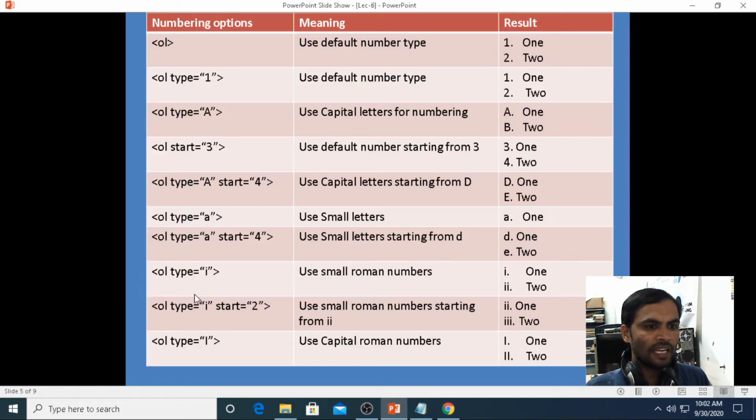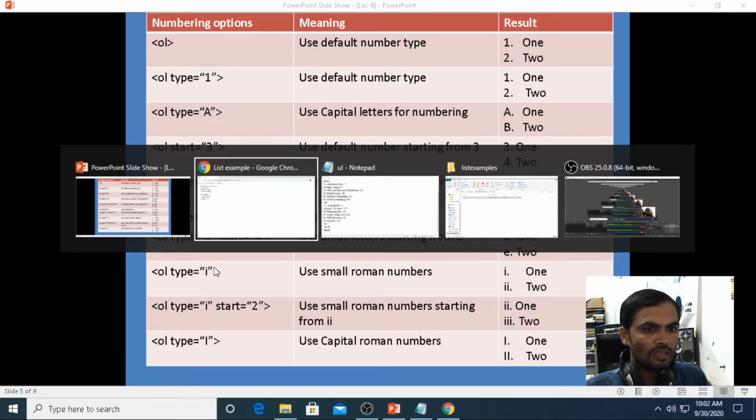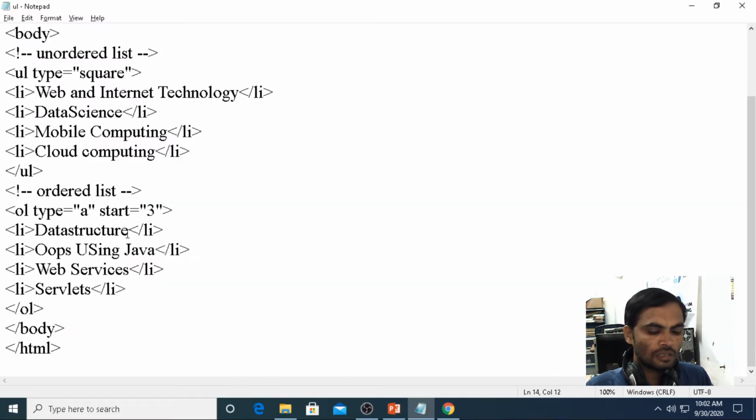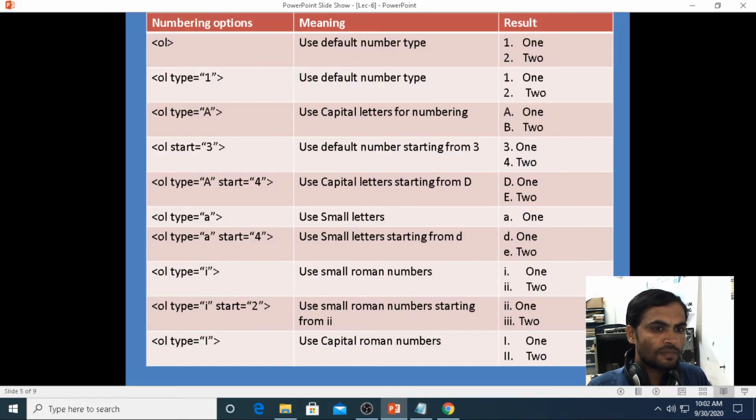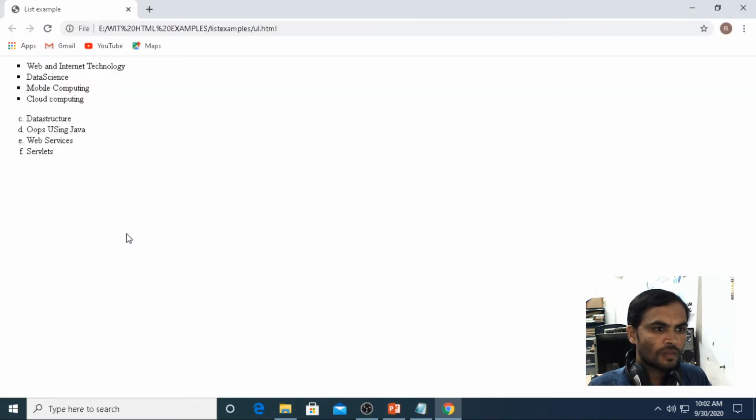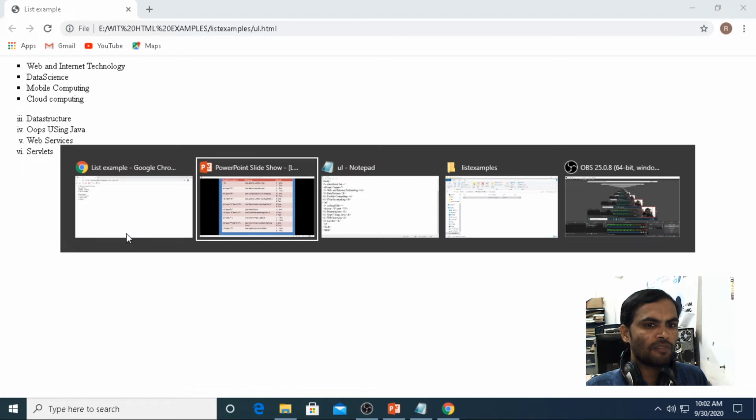Then if you are giving i, it is a Roman number. If you want to start with the Roman number, see here, we are giving Roman number i. Then Control S. Then 3, 4, 5, 6 means it will start with 3.